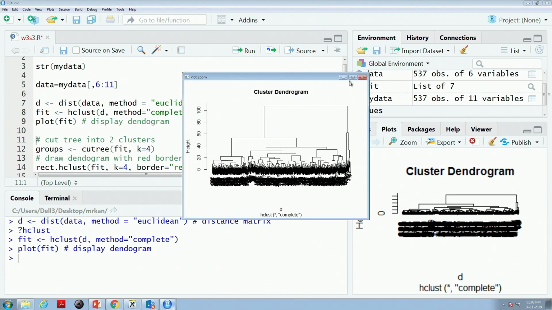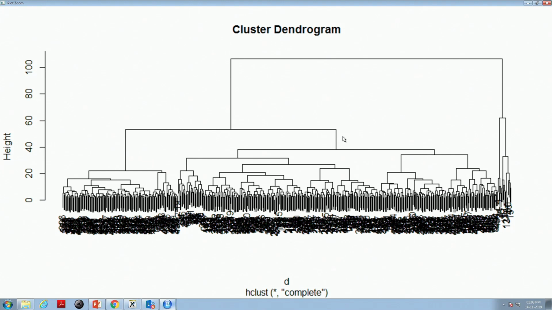So, the plot below is a dendrogram. Study the dendrogram carefully. I have 537 observations and they have come together, that is why it is so clumsy. Each of these lines at the bottom is one single person, and then they join two persons in one group, and when they join these two persons in one group, they actually achieve some distance.